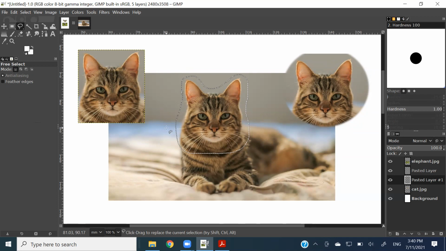I click again, select again, undo, right? So then you can take a selection somewhere very sharp, or not very sharp, but at the borders near the